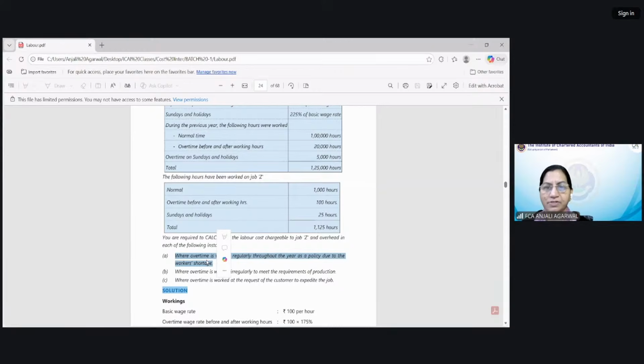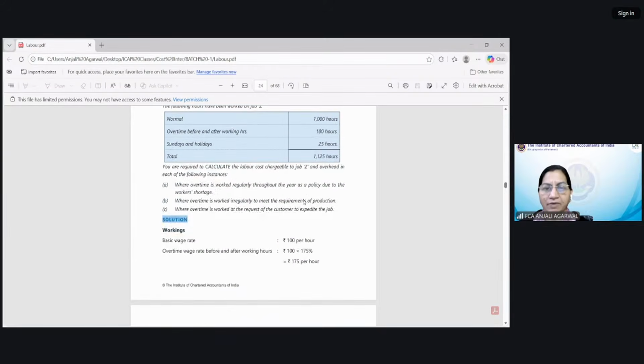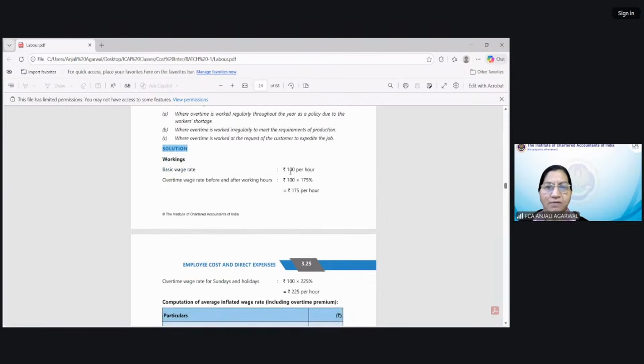If this is a regular feature, we cannot treat the overtime premium as overheads. Neither can we call it abnormal because it is a regular feature. So what we will do is calculate an inflated rate. How? Let's calculate 100,000 into 100, 1 crore, 20,000 into 175, and 5,000 into 225. Find out the total payment you will make for 1,25,000 hours and divide it by 1,25,000 hours, you will get the inflated rate. So we have first, working hours, basic is 100,